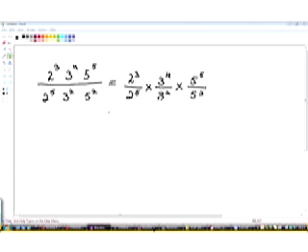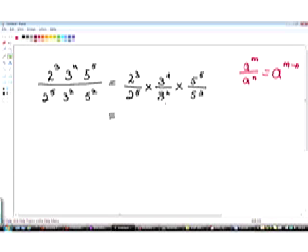Alright, so we apply our laws. What does the law tell us? The law tells us when we divide, we subtract. So a to the m over a to the n is equal to a to the m minus n. So we have 2 to the third power minus 2 to the fifth power. So it's going to be 2 to the 3 minus 5,